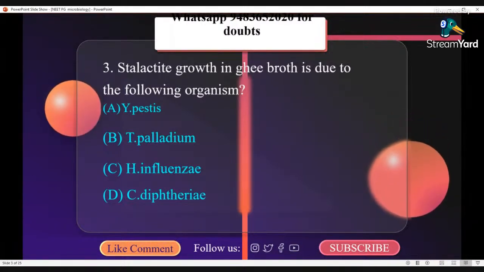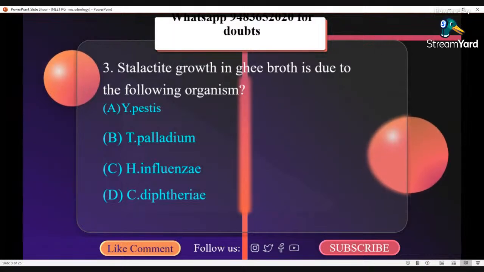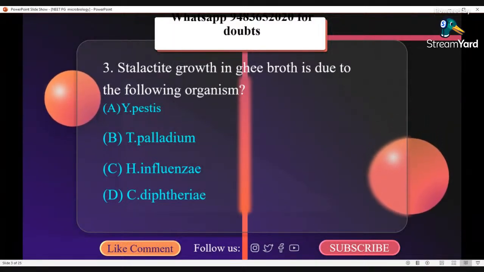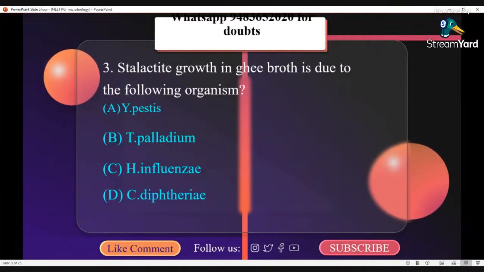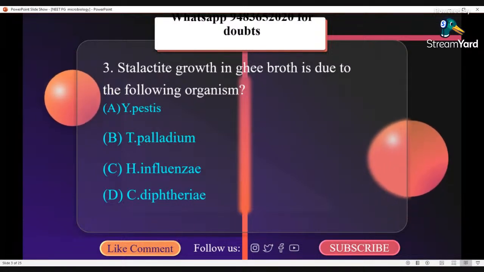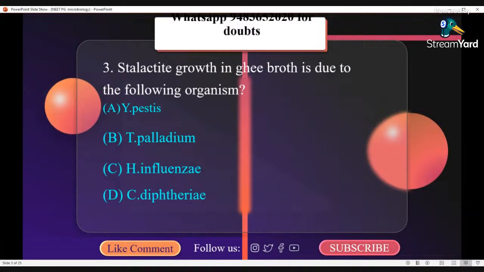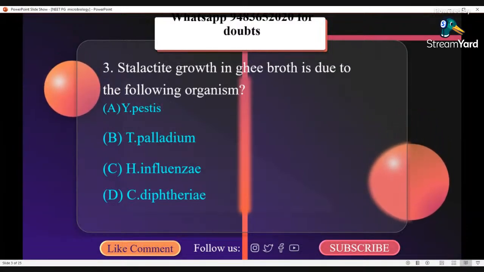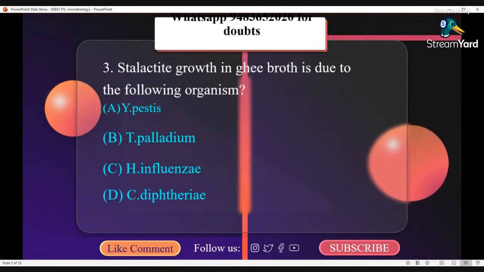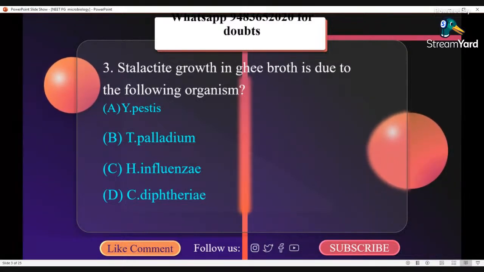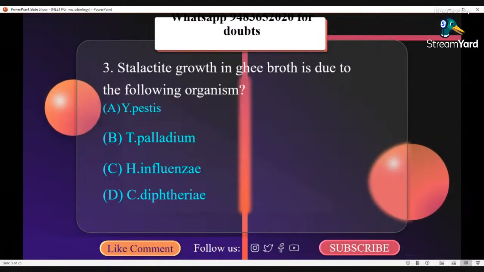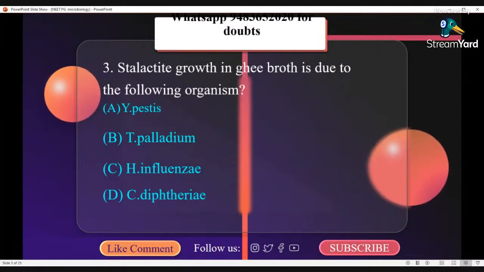Now, stalactite growth in ghee broth is due to the following. It is Yersinia pestis, so the correct option here is A. So the cultural characteristic of Yersinia pestis, please listen carefully. When grown in a flask of broth with oil or ghee on the top, also called ghee broth, a characteristic growth occurs which hangs down into the broth from the surface,